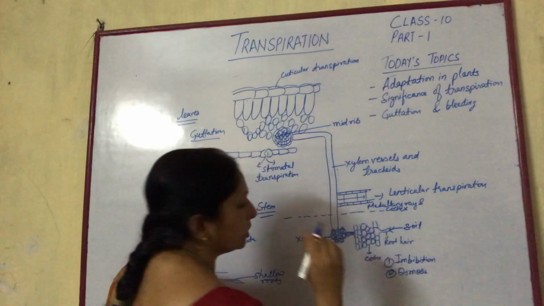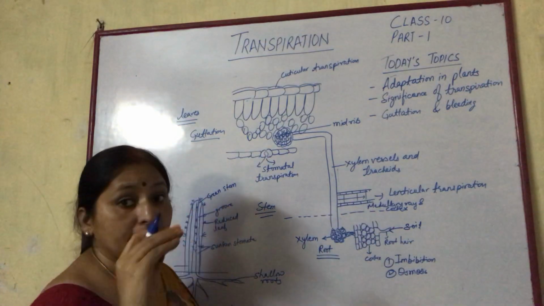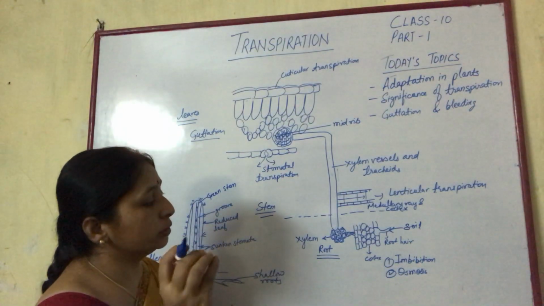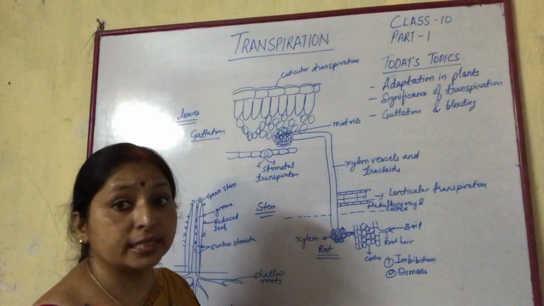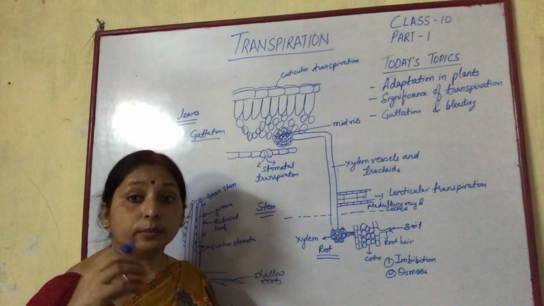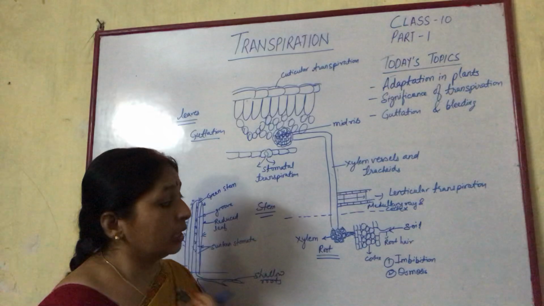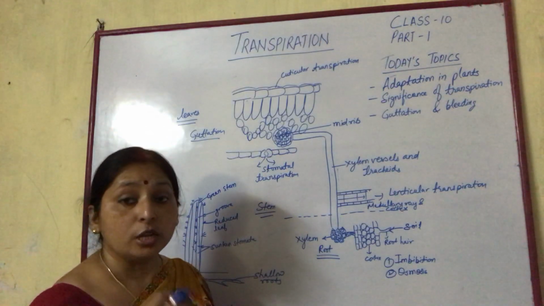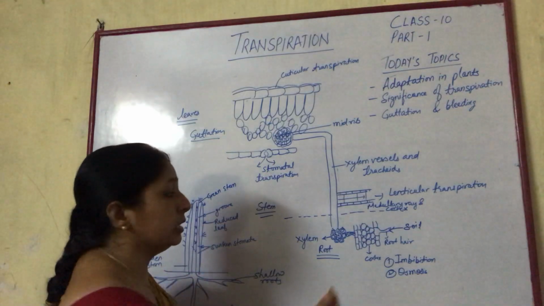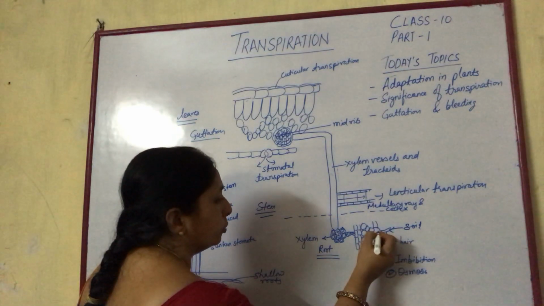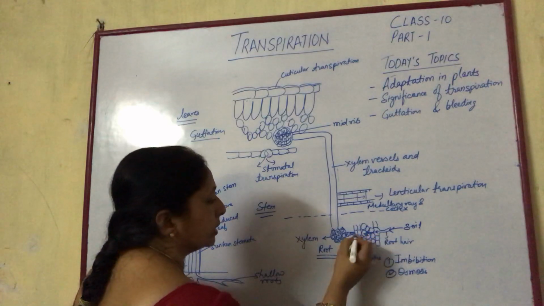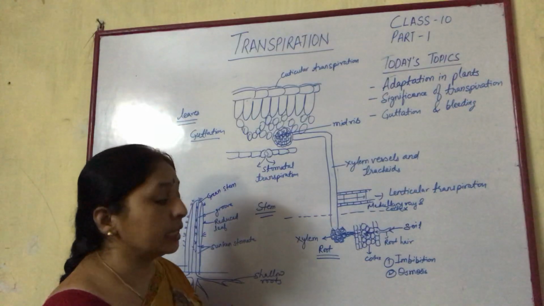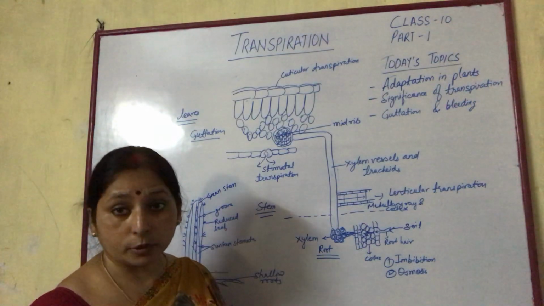From the soil particles, the layer of water is in the form of a thin film. The water concentration inside the root hair is less, and the concentration of substances, or the nutrients, is more in the root hair. So it draws water from the soil particles. The water enters from soil to root, then to the cortex, then to xylem. The processes involved are imbibition as well as osmosis.